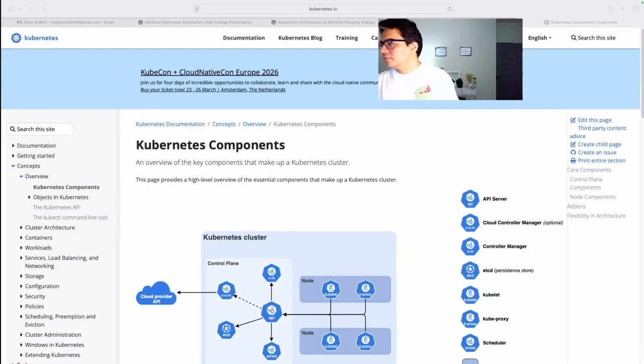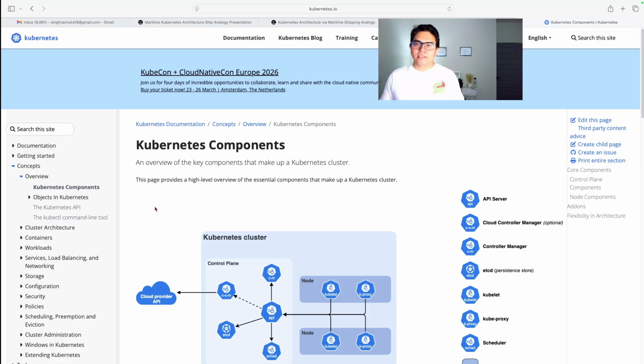In this video, we will explore the components of the Kubernetes cluster. Let's take some time to read through them on kubernetes.io. This page here provides a high-level overview of the essential components that make up a Kubernetes cluster.